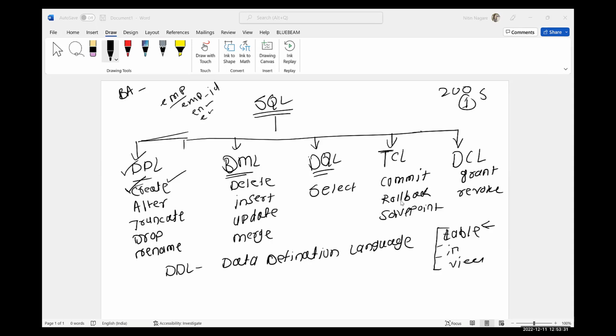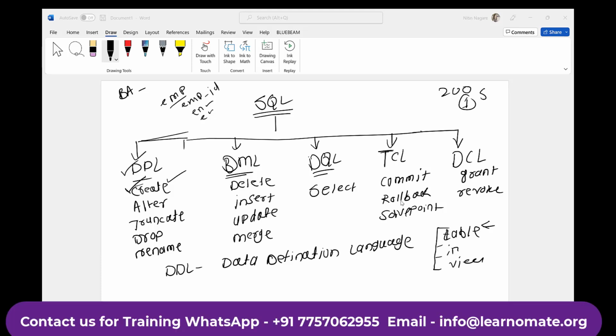Then your manager or IT team raises a request for access for you. So you get the access, and then you will be able to log into your system. What does that access mean? The DBA, the IT person, grants some privileges to you by using some commands. That command is nothing but grant. So we use the grant command to give permission to the user. Once you get the access, you can access the data system.